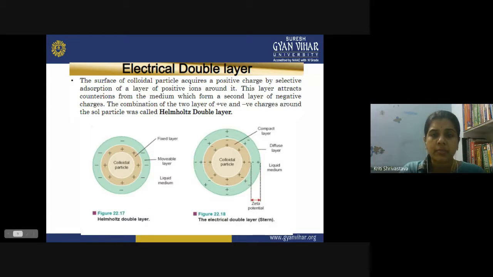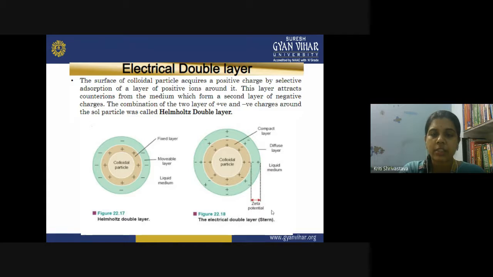But what happens when we have a positive charge on the colloidal surface and when the counter ions are surrounding it? So this will be the Helmholtz layer, but outside this layer, another layer could be formed. Now these negatively charged ions here, they will attract more positively charged ions. So a layer of positively charged ions will form over it, and then the positive charges, they will attract the negative charges, and again another layer will be formed. So now this is called my electrical double layer. The colloidal particle is having two layers of charges, plus minus plus minus. So two layers are present, and this is called an electrical double layer.